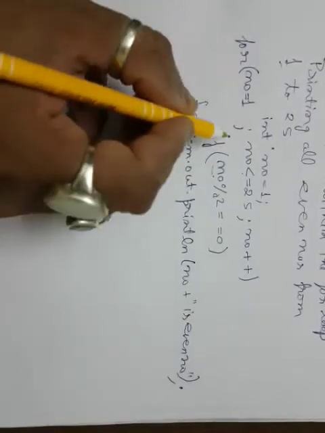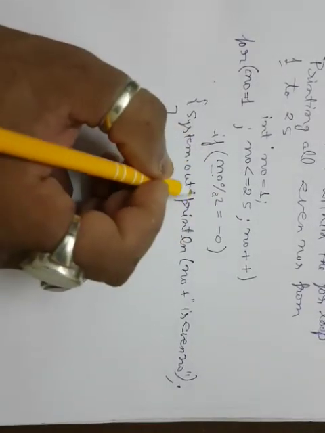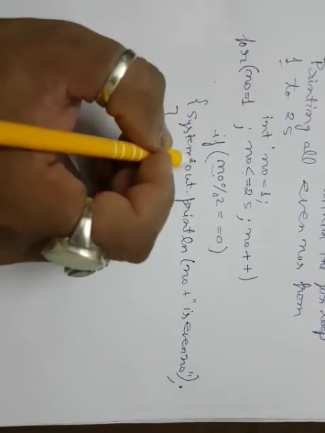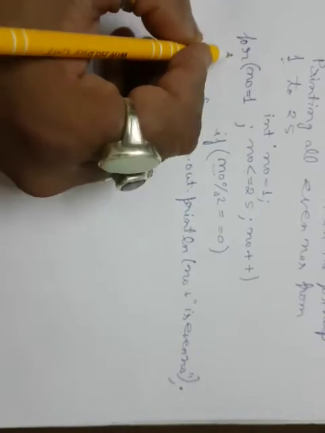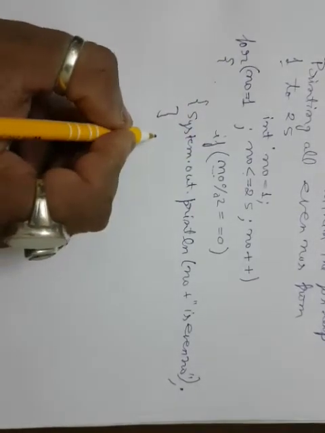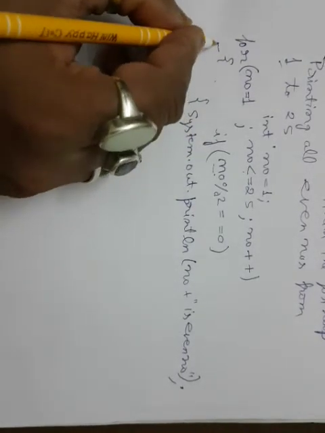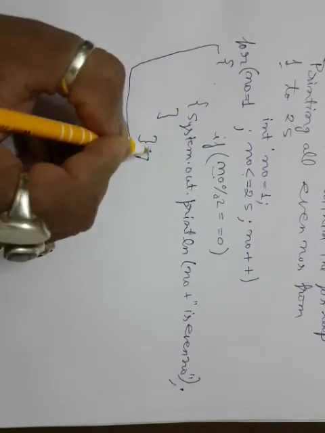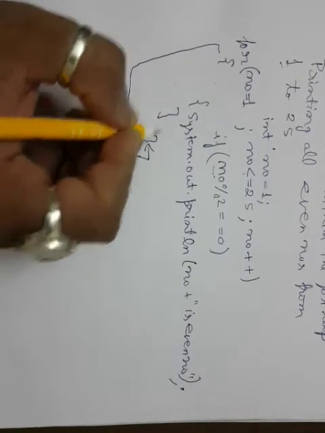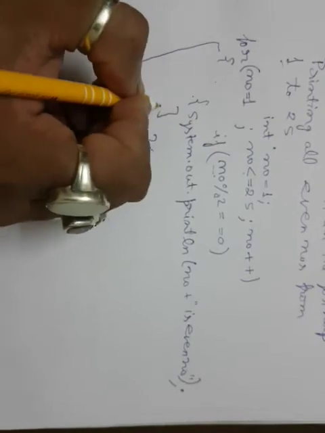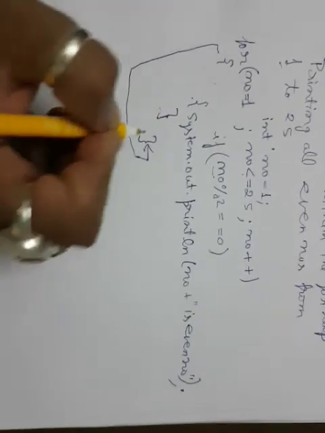And now this entire thing has to be kept inside the loop. That means that will become the loop body. So the curly brace is open and the curly brace of the loop is closed. This is open here and this I have closed over there. This is the closing of the for. This is the beginning of the if block and this is the end of the if block.